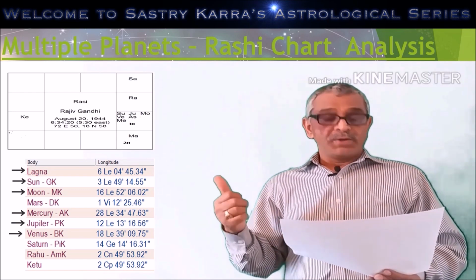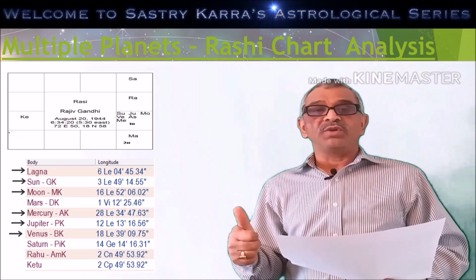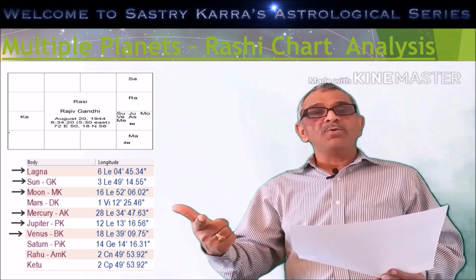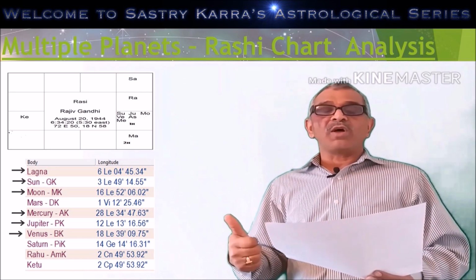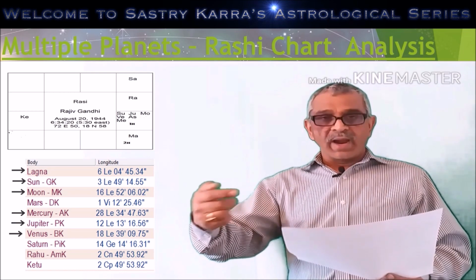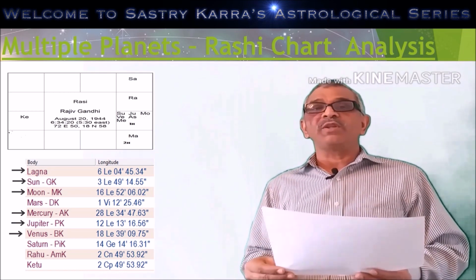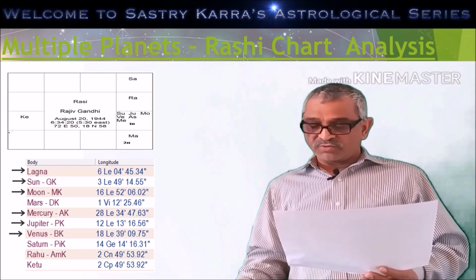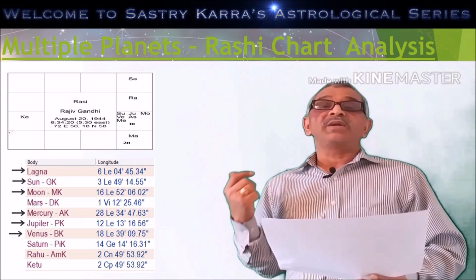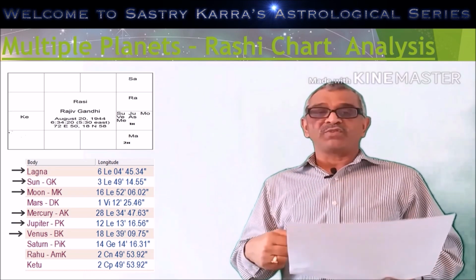Apart from that, you have the 12th house lord Moon residing in the first house. Remember, in the 12th house we saw Rahu there, and the first house lord Sun is in Rashi with the 12th house, and Moon, the 12th house lord, is inside the Sun in the first house, co-joined with the first house lord. And the most important is the 8th house lord Jupiter. Jupiter is also in the first house.